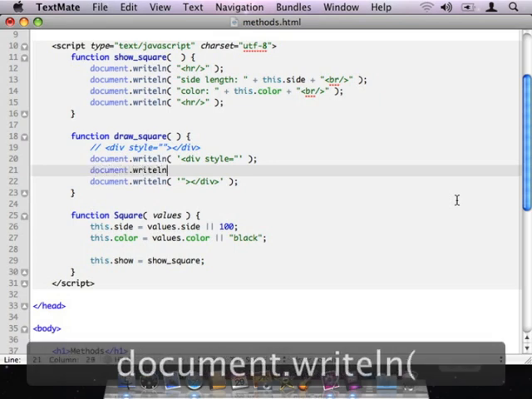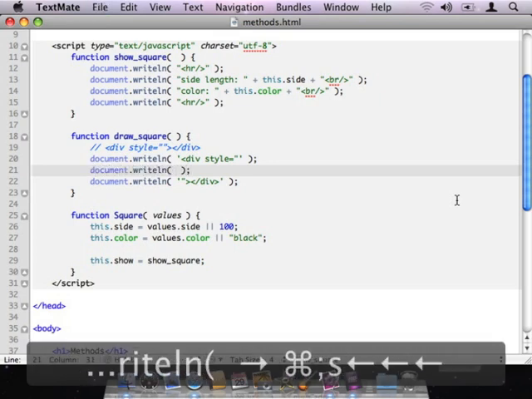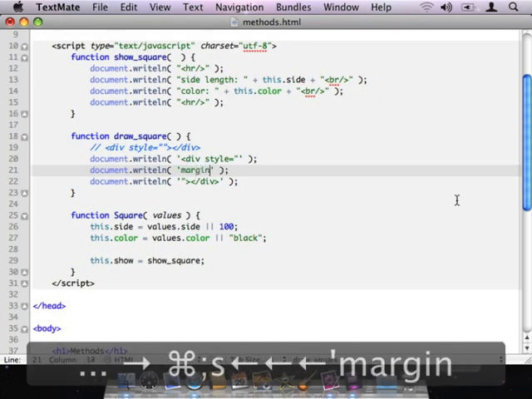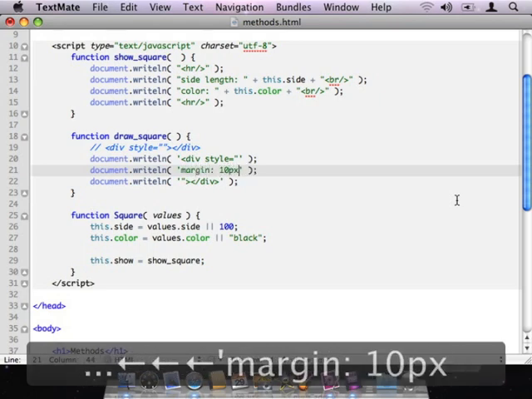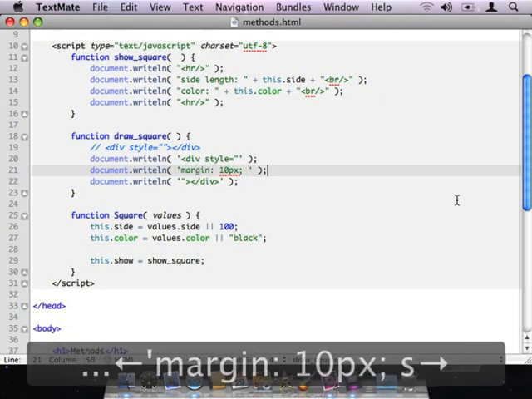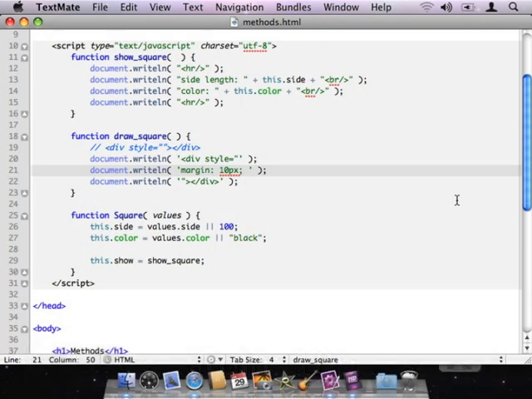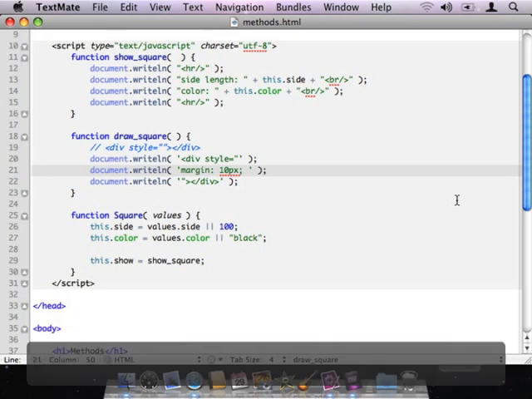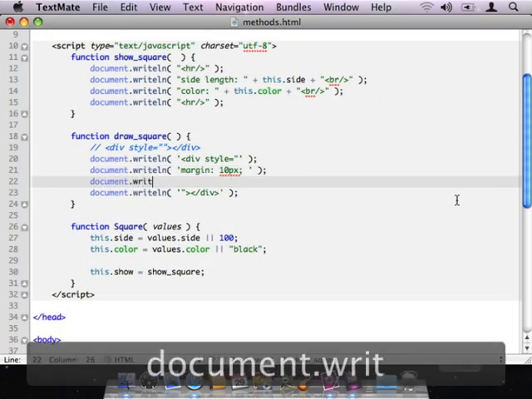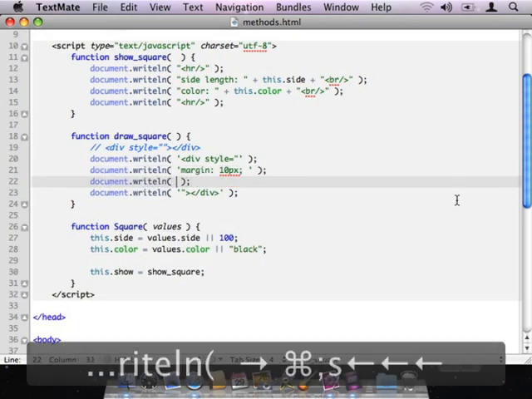So let's have it fill some stuff in here. Let's do margin is 10 pixels. I'm going to do that just for readability basically, so when our squares actually display, they'll be separated from everything else a little bit, and look a little bit nicer. Let's do a document.writeLine, and let's do